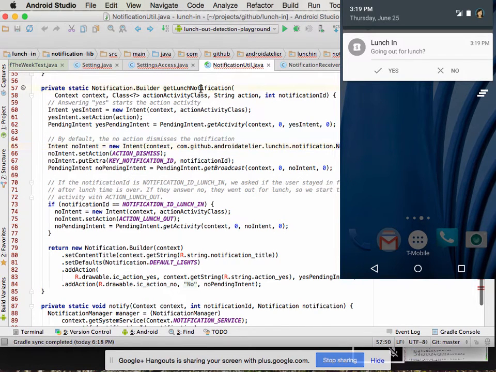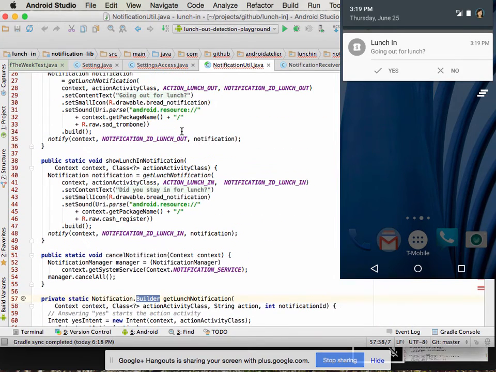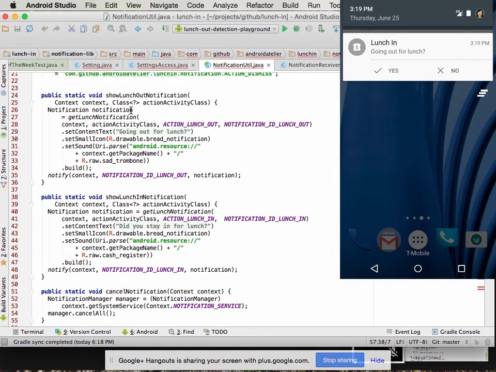Right, so this notification returns a builder, which then the lunch in and lunch out can build on. So in the case of lunch out, for example, I get the builder and I give it the action lunch out, so that when we trigger the activity, it knows what to do with it. And then I will add a text that says going out for lunch. And then for the lunch in case, you say, do you stay for lunch? Right. So, and then I'll change the icons